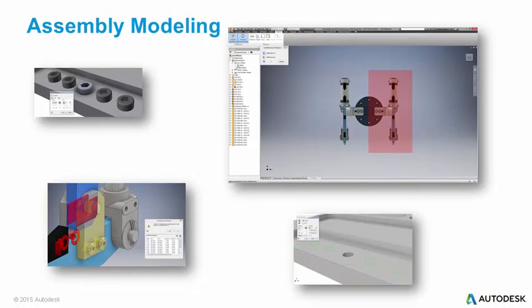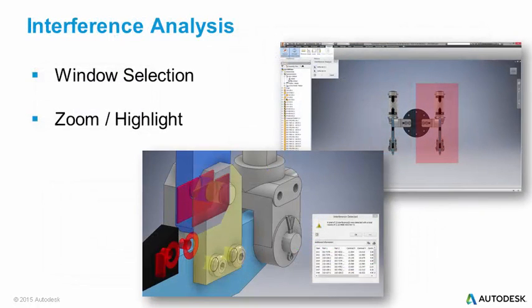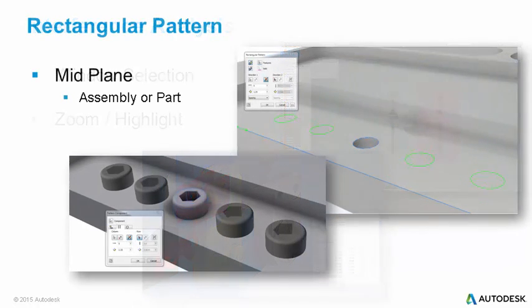Many great enhancements have also been made to the assembly modeling environment. For example, we can now use window selection when identifying components to include in an interference analysis. And once an interference is detected, it's easier to zoom and highlight the interferences themselves. The Assembly Rectangular Patterning tool has also been enhanced to include a mid-plane option, which works for both subassemblies and